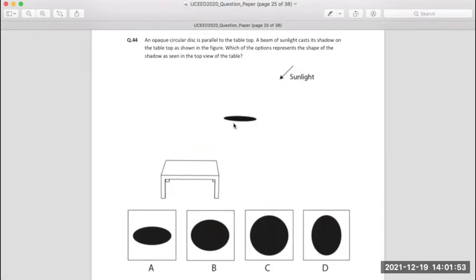So if there is a circular disk placed here, and there is a shadow of this circular disk, because the light angle is at 45 degrees and this disk is placed here, its shadow will fall on this tabletop. What will be the shadow that will be seen on the tabletop? Can anybody answer? It's a circular disk, and the angle is 45 degrees and parallel light rays.